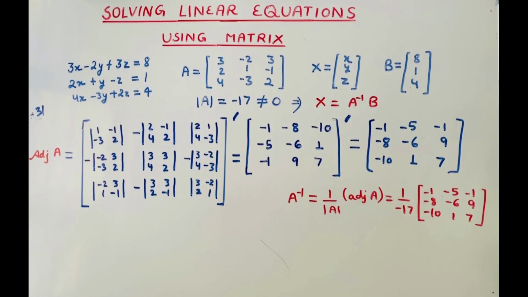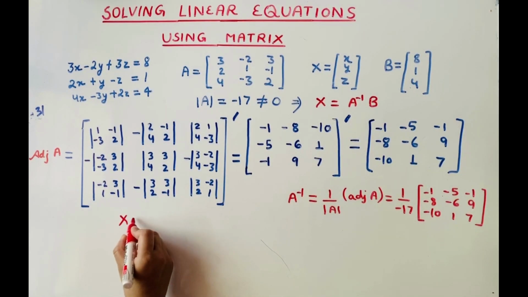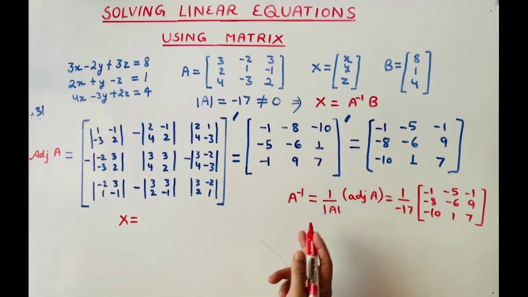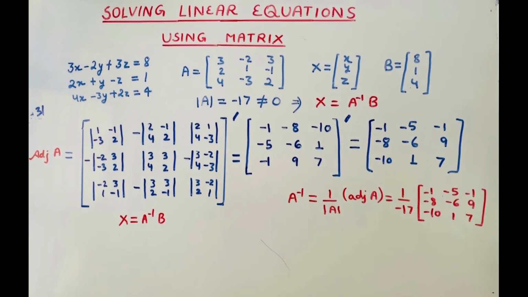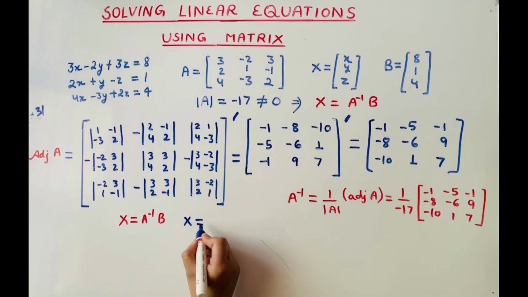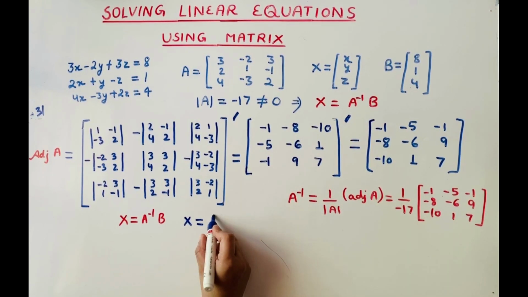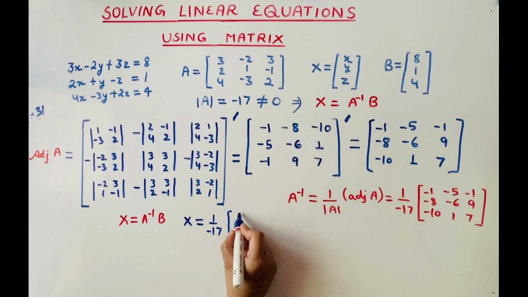Now you know x is given by A inverse into B. So here we will write down the values of A inverse and B, and we will get the values of x. So here your x will be equal to 1 by minus 17 into this adjoint,